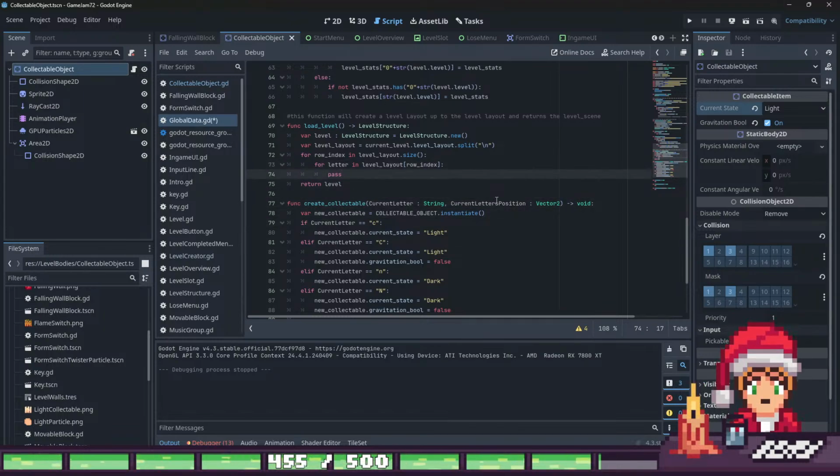And what we need to do now is we need to create collectible if